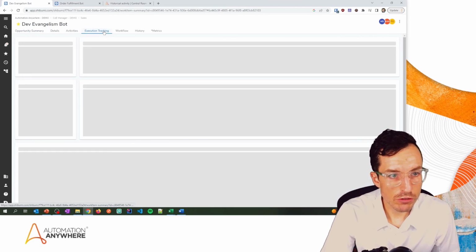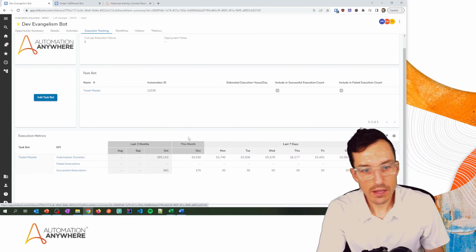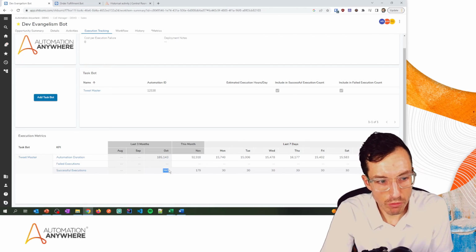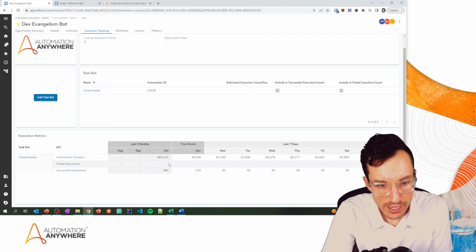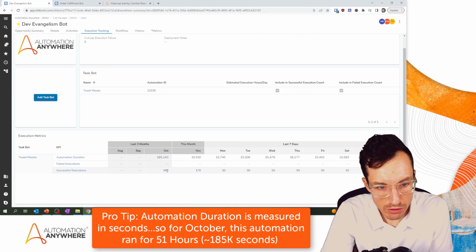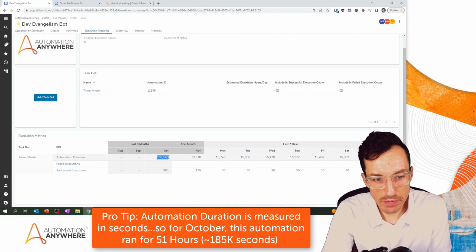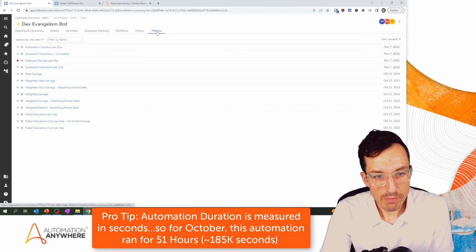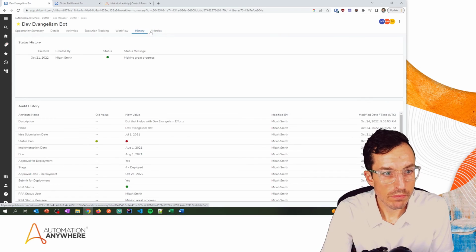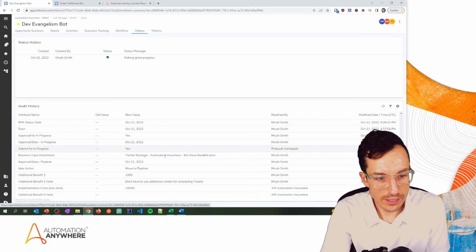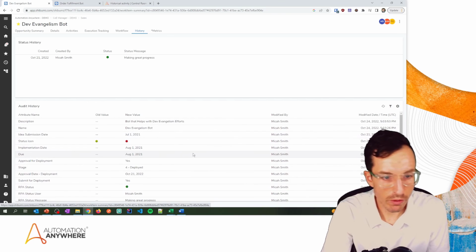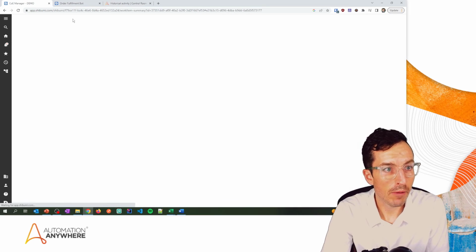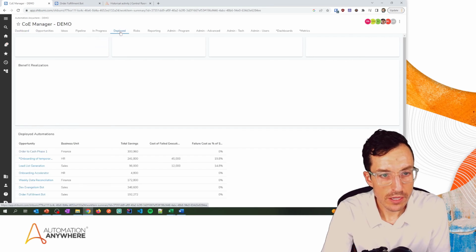Anyway, if I go to my execution tracking, I can see that for the month of October, this automation ran a total of 360 times successfully. It had 0 failed executions. I also can see the automation duration, so how long it actually ran. If I look at the metrics here, nope. History, this is where I can see exactly where I was moving it to pipeline, where I was moving it to deployed. If I come back here to my CoE Manager and then deployed,